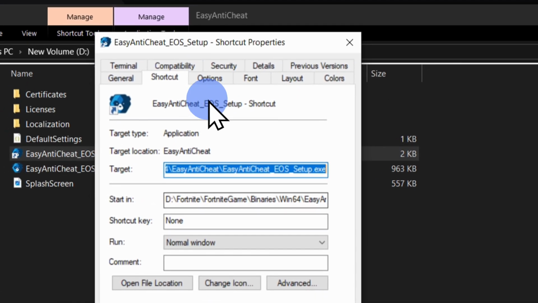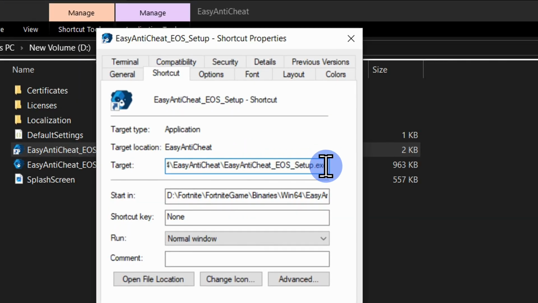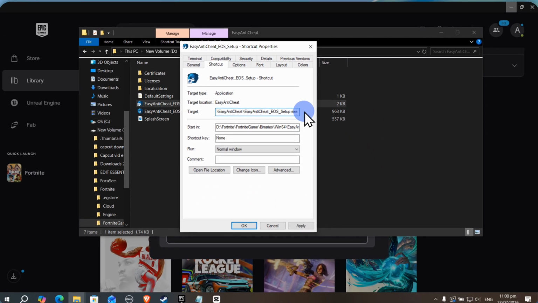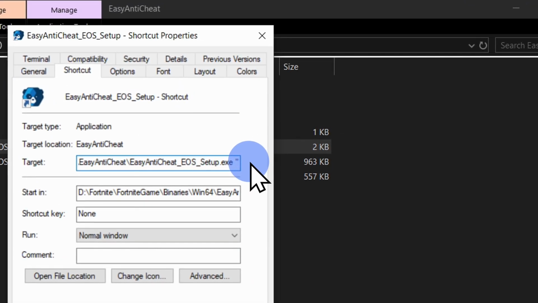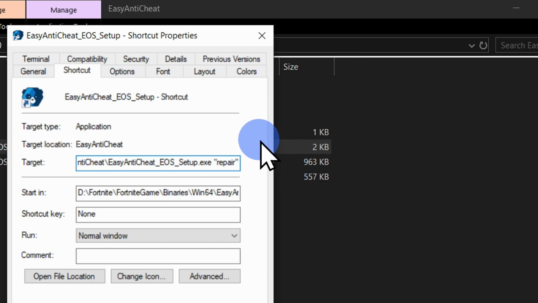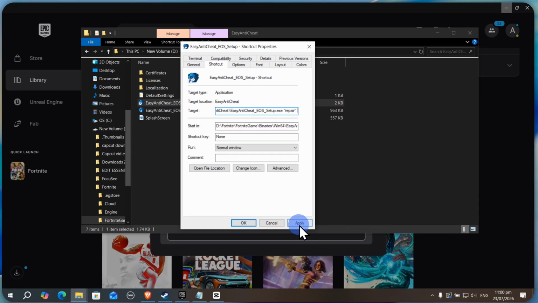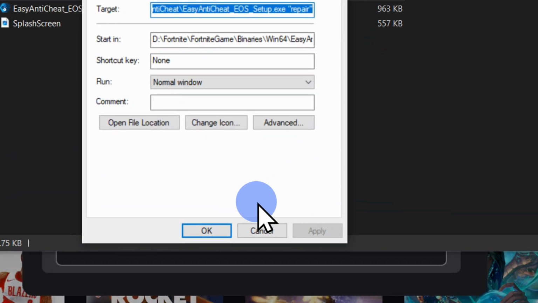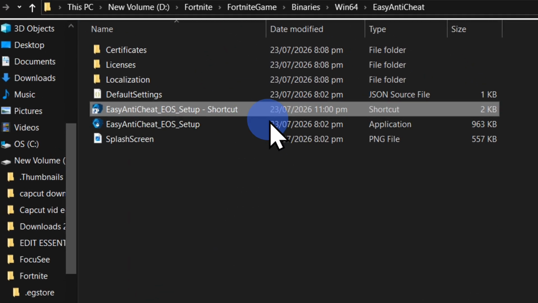On Properties, go ahead and go to the end of this, and open up a quotation just so. Open quotation, type in repair, and then close quotation. Press space another one, and then click on Apply. Then OK. Once done, go ahead and open it up,